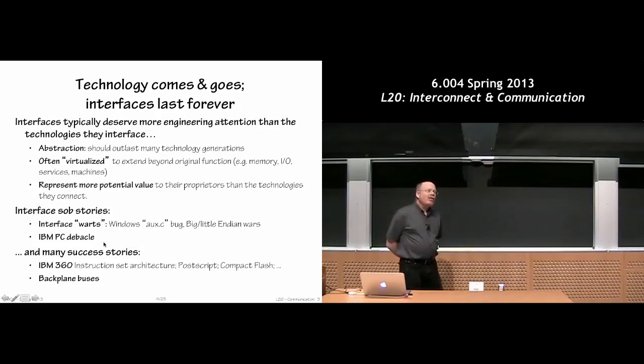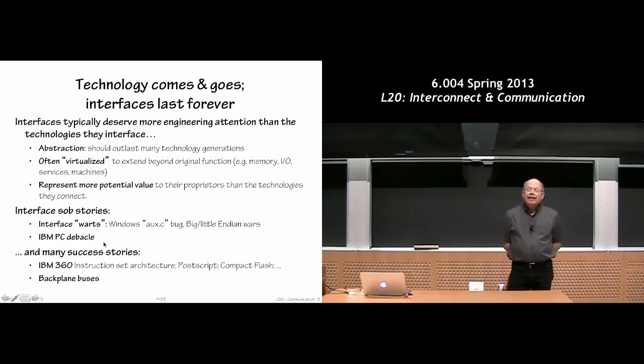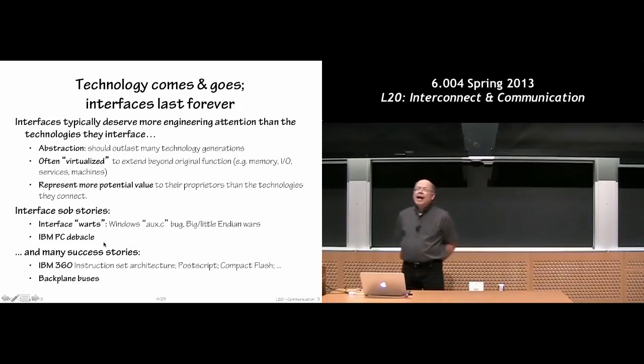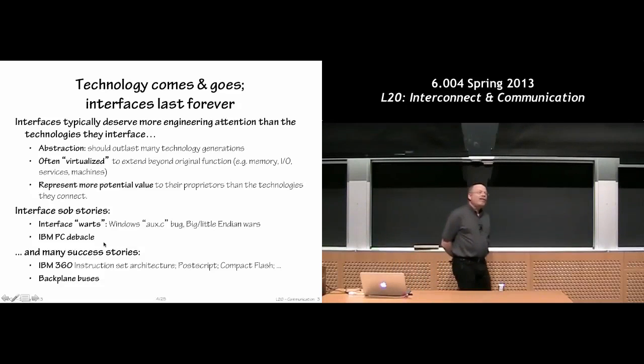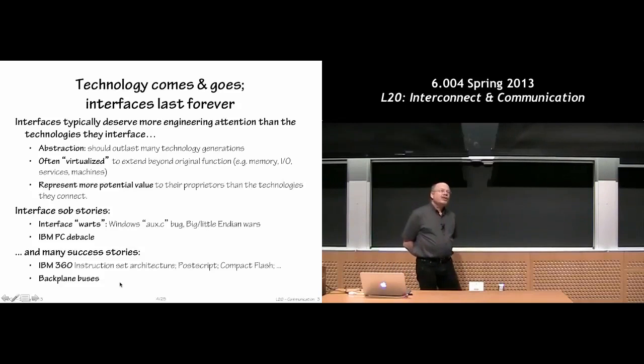In fact, a lot of the early PC architectures were really just based on the 8086 chip, and that turned out to be hugely limiting and probably prevented PCs from taking the world by storm. It was really only after some of those problems were solved that all of a sudden mainframes became the tail and PCs became the dog. So there have been many success stories, and one of the things we'll talk about today is